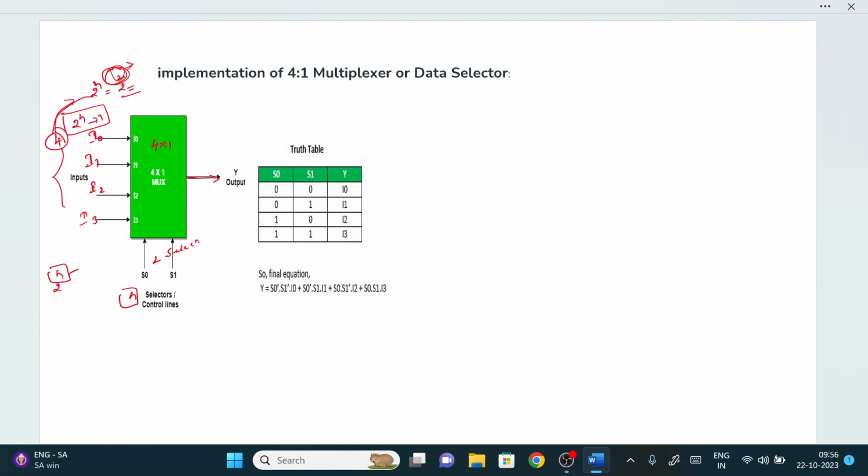What is the use of selection line operation? By default, the behavior of the multiplexer is that I0 will be the first output, after some time I1, after some time I2, after some time I3. But if your priority is that we should get the output I3 first, it is not possible with the normal operation of the multiplexing concept. For that we require selection lines or a control mechanism. By using the selection line, whatever your priority value, it may be I0, I1, I2, I3, that will be routed first.